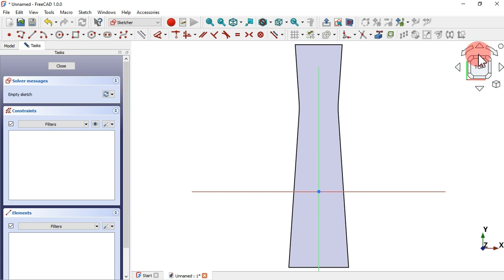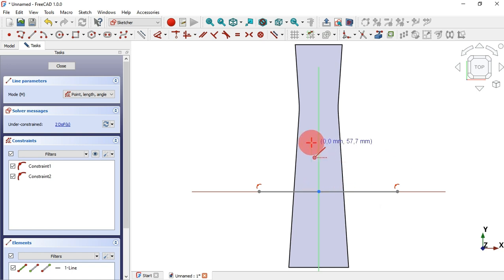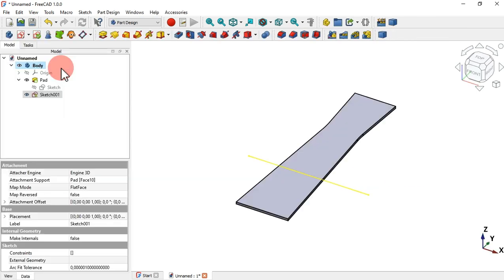We are on the top view, as you can see here, and what to do now in the sketch workbench is to select the line tool and create a line in the horizontal axis. The dimension of this horizontal line here is not important because we only need to create a band using this sketch here. Just close this sketch, and next